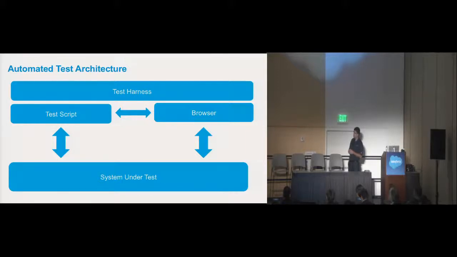Usually this browser is controlled by the test script via a protocol like the WebDriver protocol. And it can either be a process that runs on the same machine as the test script and test harness, or it can be something that runs on a completely different computing node where you want to simulate the actual OS